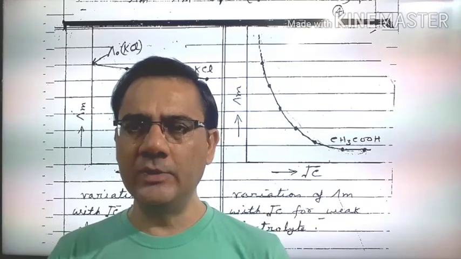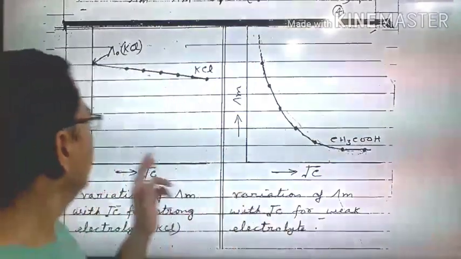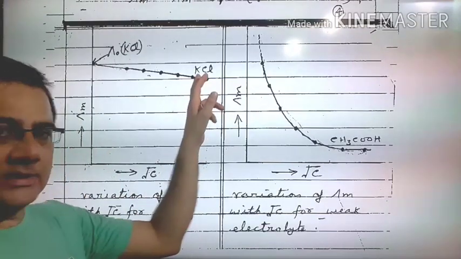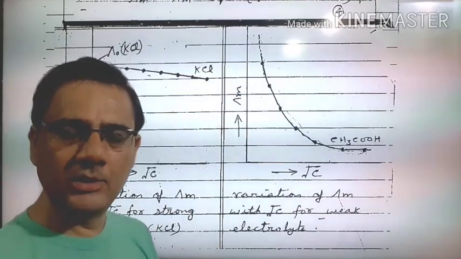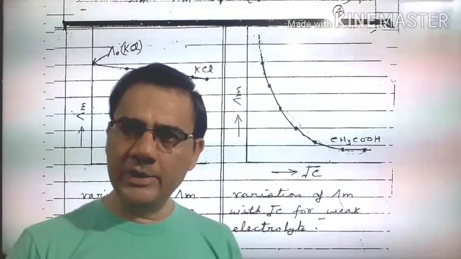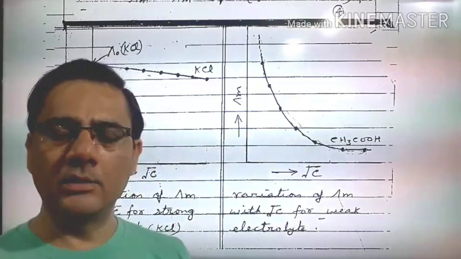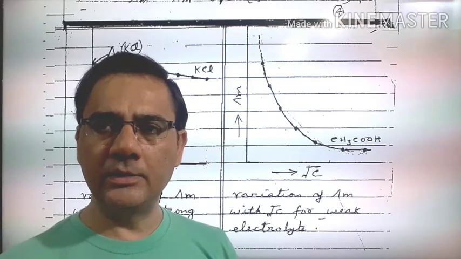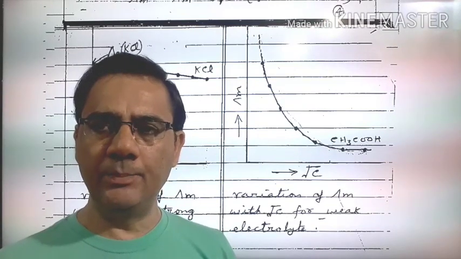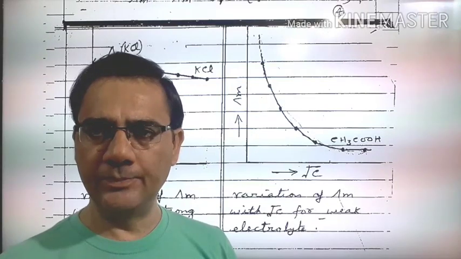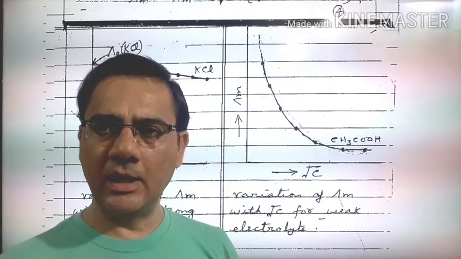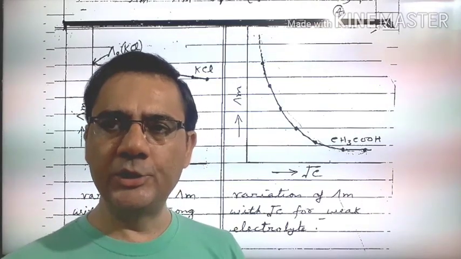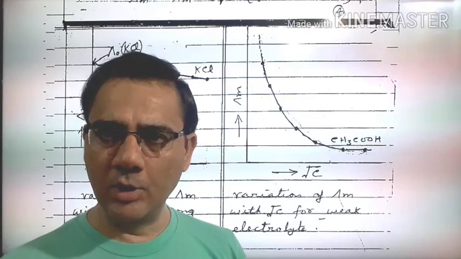So I am trying to explain this with the help of these graphs. The first graph is related to the strong electrolyte, and I have taken the strong electrolyte here, KCl. Just like NaCl, KCl is also a strong electrolyte. When we dissolve a strong electrolyte in water, there is a property of the strong electrolyte that at once it dissociates and produces a lot of ions in the solution, and the maximum number of ions are produced in the solution, and in that case, in the starting only, it shows the maximum value of the molar conductivity.